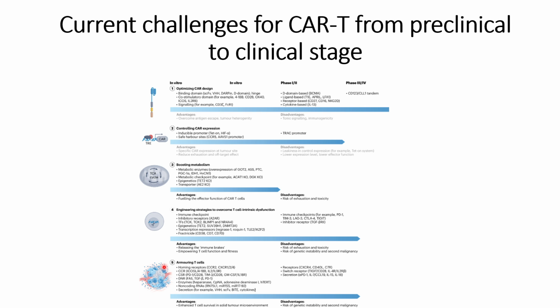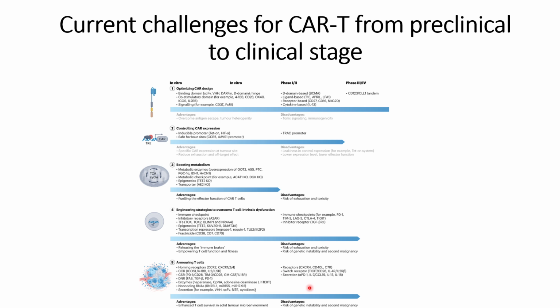The last one is about armoring T cells. And armoring T cells is basically the thing that we discussed in our previous video, that is improving T cell trafficking by overexpressing the homing receptors and other receptors such as CCR, and also the upregulation of ECM degrading enzymes such as heparanase, CPNA, adenosine, demycin, and the